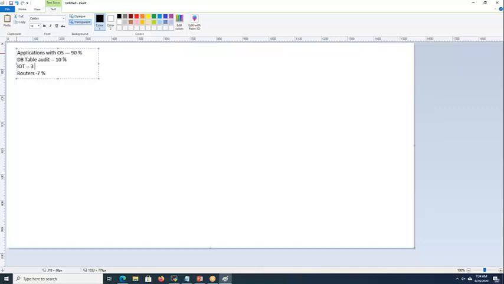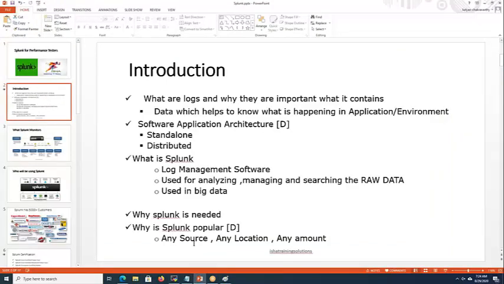So Splunk can get data from anywhere: from applications, from a DB, and from IoT devices or routers. If you have an Alexa or something like that, we can get the data from there also if you configure it. That's why I mentioned it can monitor any source, any location, and any amount.